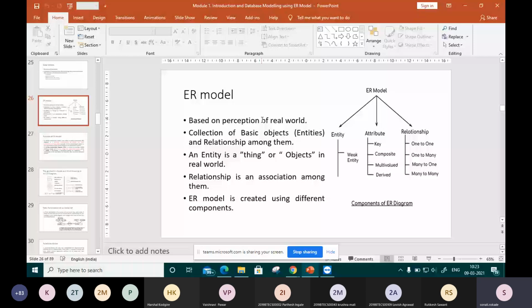With this collection of basic objects or entities and the relations among them, we create a particular environment, and that environment is nothing but our ER model. After that, it has a set of properties, and these properties can have a set of values.